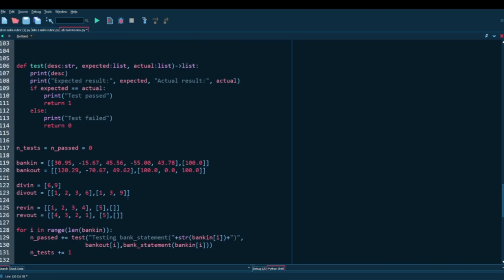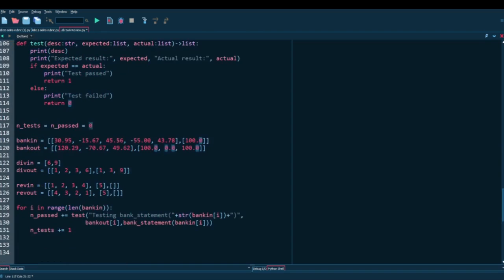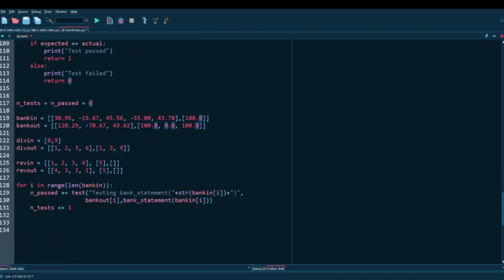So what this loop does, I will explain to you. Tests and passed are going to start at 0, just like the functions up here. You want to always initialize to 0. Then the special thing about loops is you can take lists of inputs and outputs. So this list here will be a first input, and the first list inside this list is going to be the expected output.